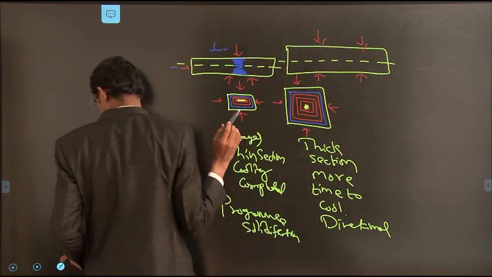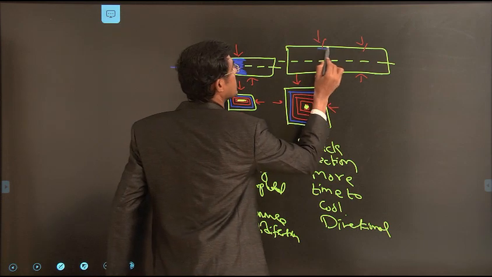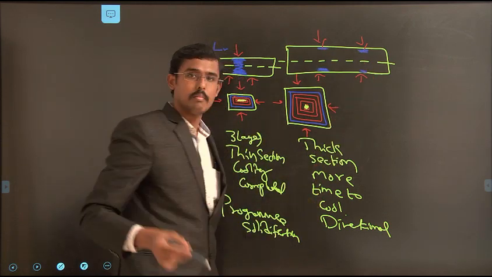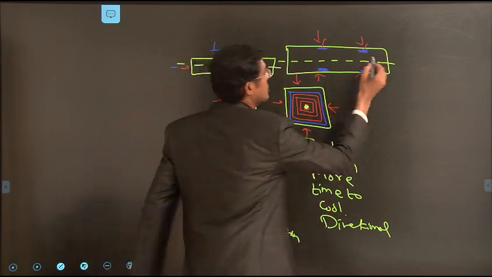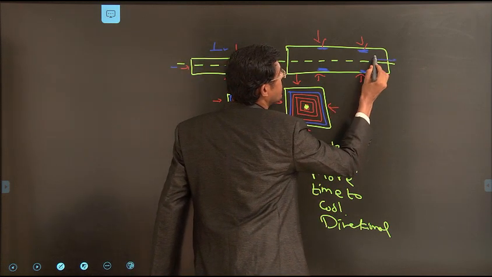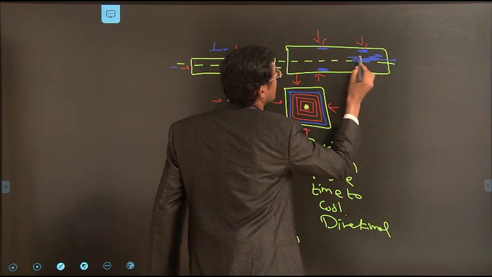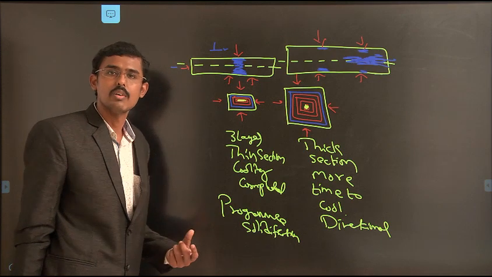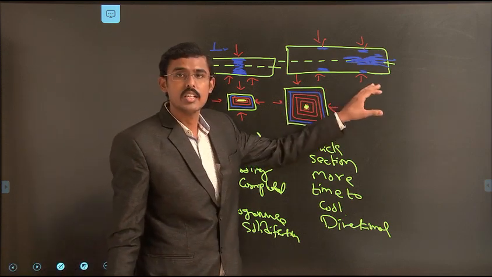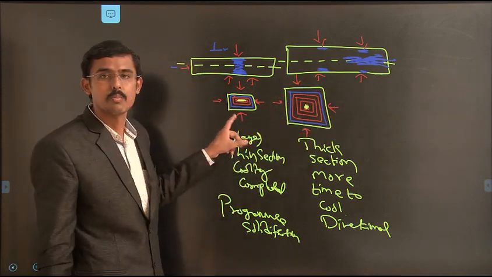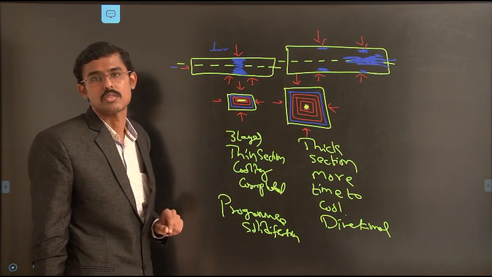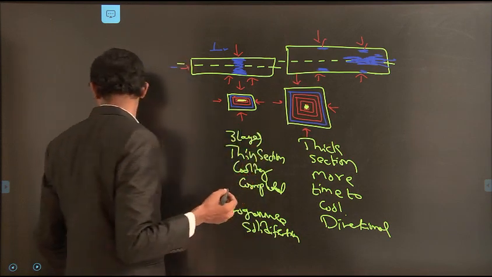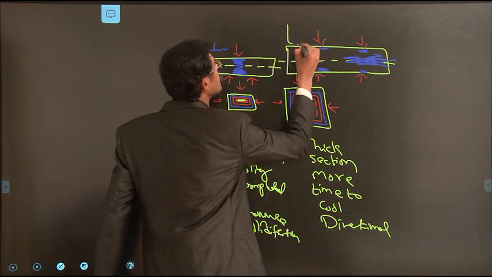But here what happens? Here also the solidification occurs here. But in the meanwhile, the directional solidification also occurs in this way. In this way also the directional solidification occurs. Therefore, directional solidification is good rather than this perpendicular solidification process. Why? When I am adding a feeding system here,